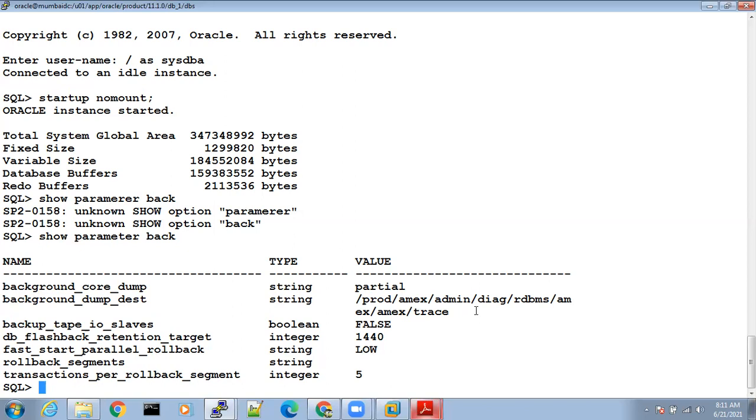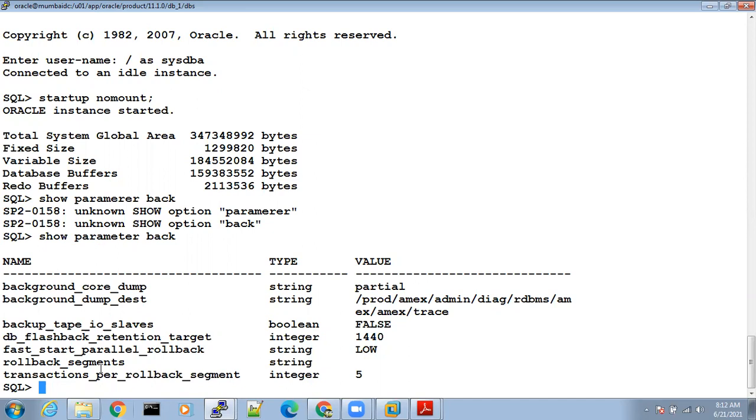The alert log file captures each and every error. Here in SQL you will get only the error, not the description or the details. But the alert log file mentions the details also: why this error came, what mistake you have made, so that you understand the solution instead of wasting your time going to Google. That is the first step every DBA has to do. Not only a fresher, not only 10 or 20 years experience, even a person with 30 years experience also has to depend on the alert log file.